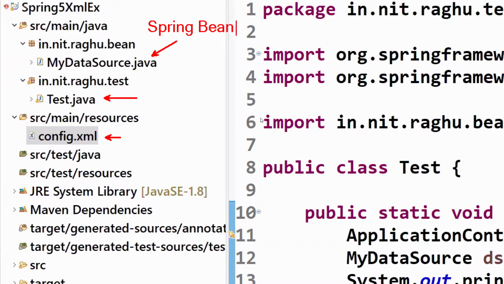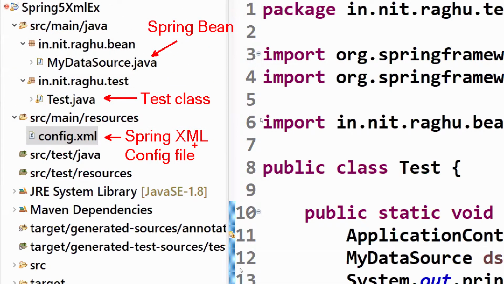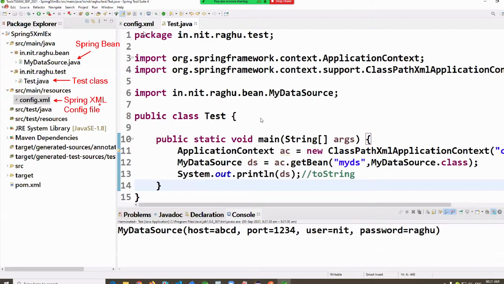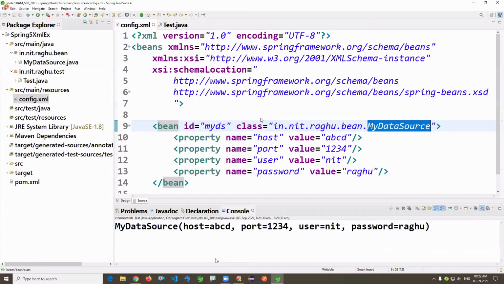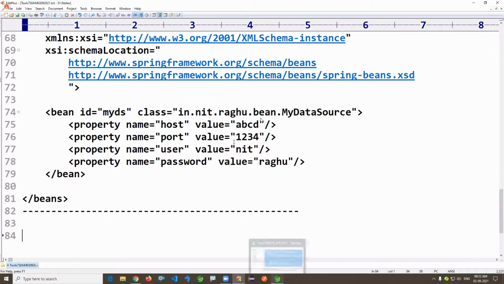This is Spring Bean. For testing purposes, the test class. The Spring XML config file, the file name I'm just giving, it's config.xml.